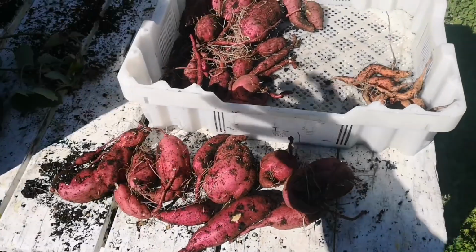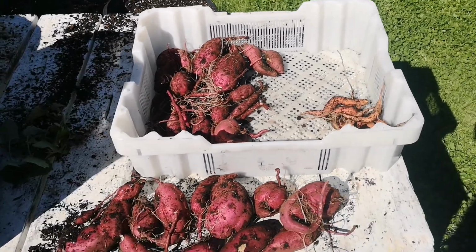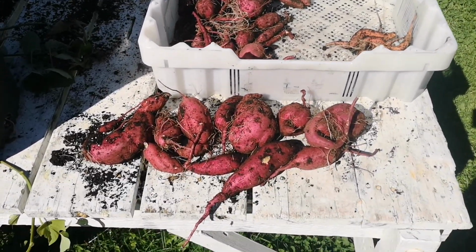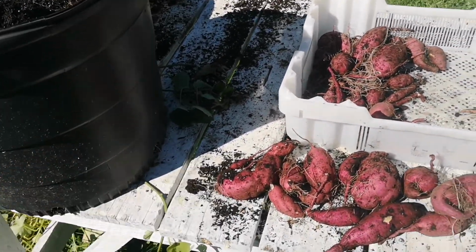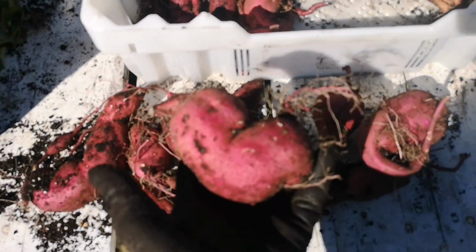Okay, so end of the story. I would expect less from the buckets on the wood chips and more from this one right here. We still got some beautiful size ones,